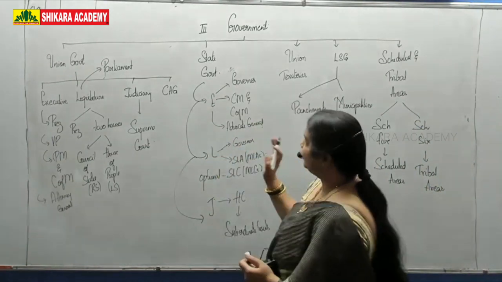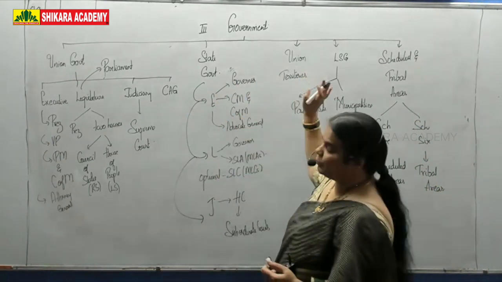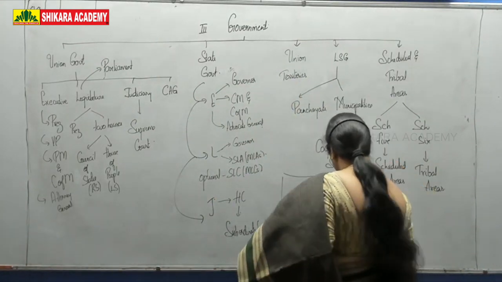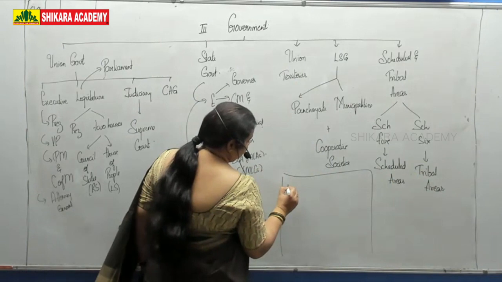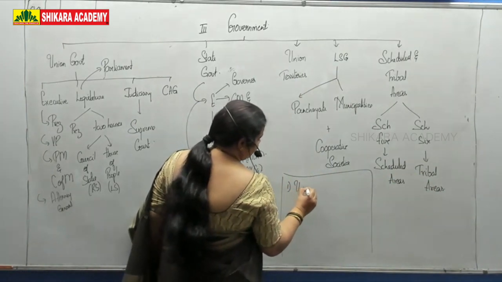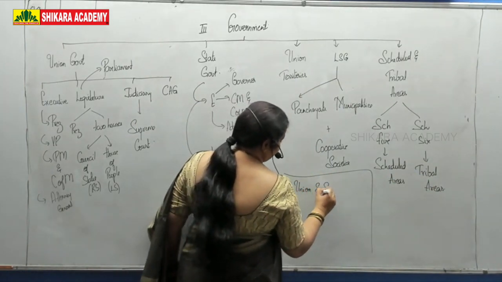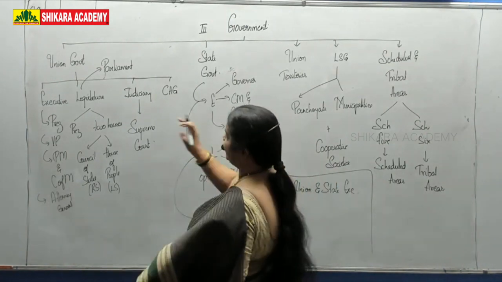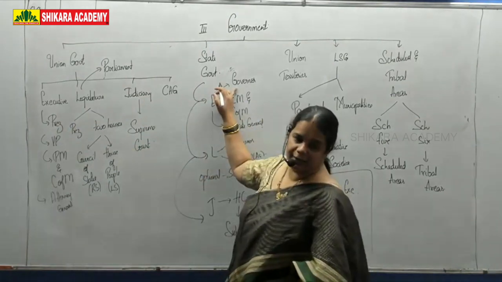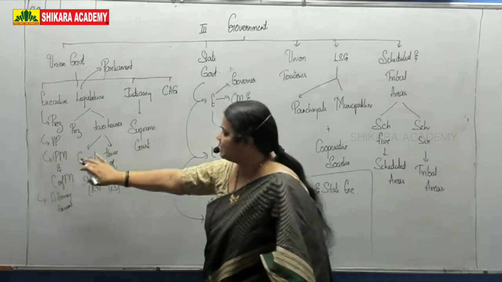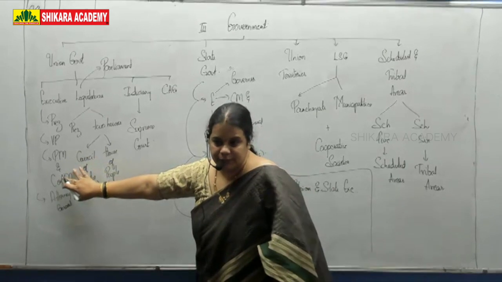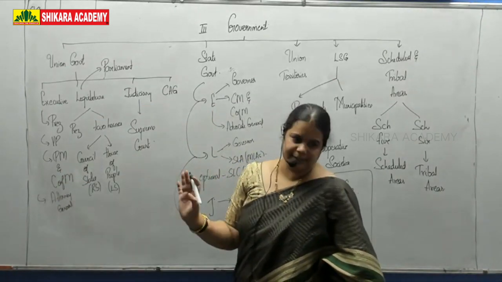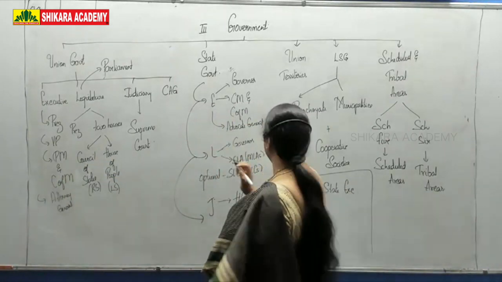Now, how are we going to proceed? We are not going to study like this. What we are going to first do is, I am writing it here, we are going to first finish off with union and state executive, because we have to study president in comparison with governor, CM and council of ministers in comparison with PM and council of ministers. Why like this? Because almost all the provisions will be the same. So it is easy to remember. Okay. Followed by